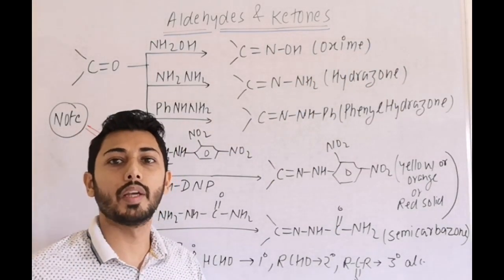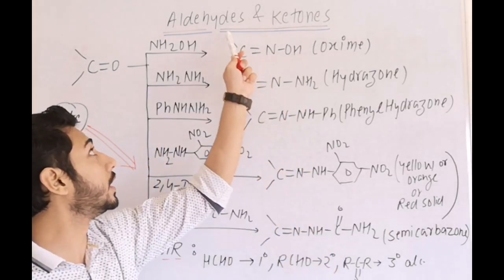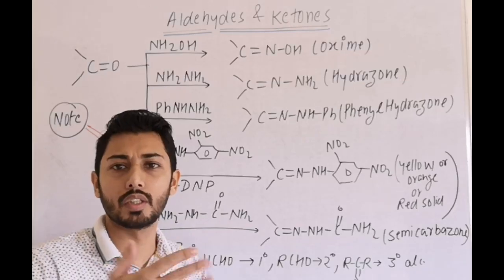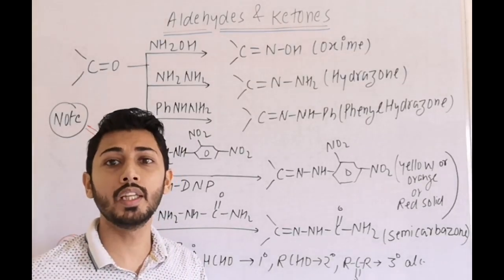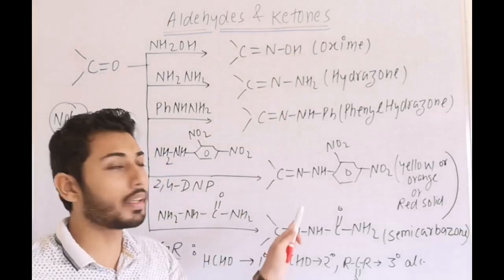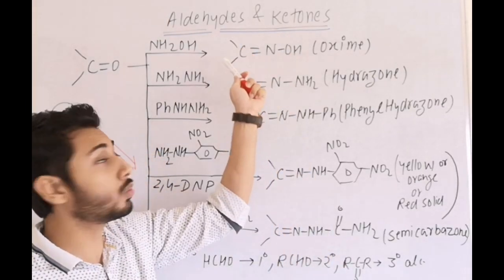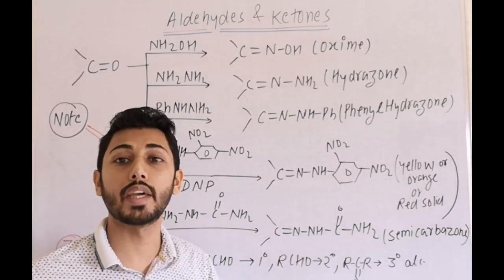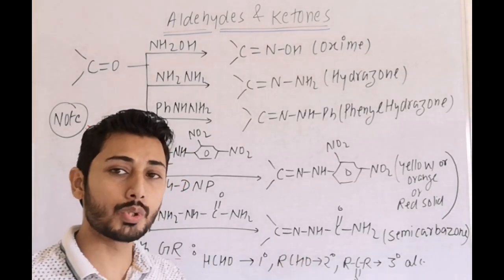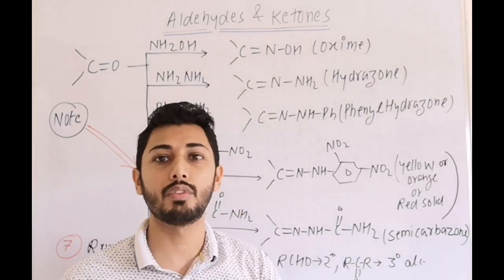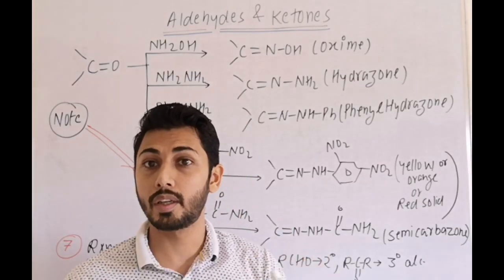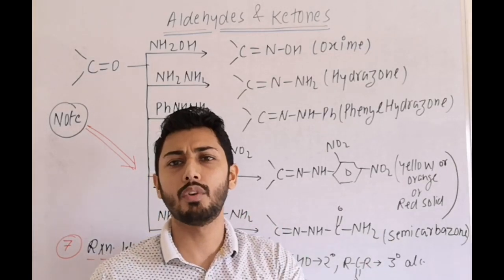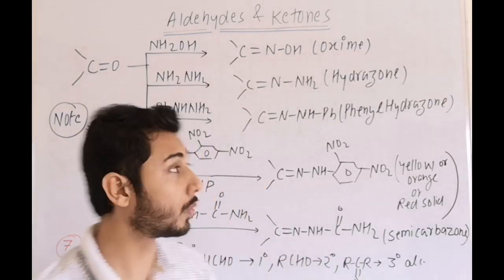Oximes can participate in geometrical isomerism if these two groups are different. So it is better to revise the GI conditions, then you will understand which of these can participate, depending on these two groups. Most commonly, oxime questions ask how many products or how many oximes are formed. The moment the question is how many products or oximes are formed, check where geometrical isomerism is there, it will give two isomers, syn and anti form, or we can simply find by E and Z also.